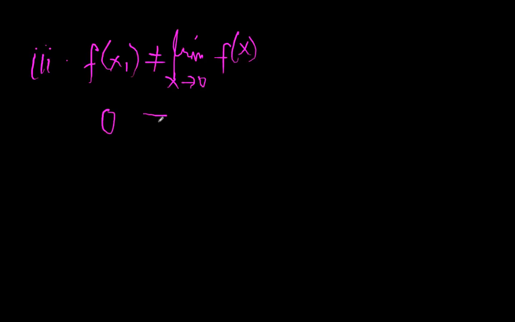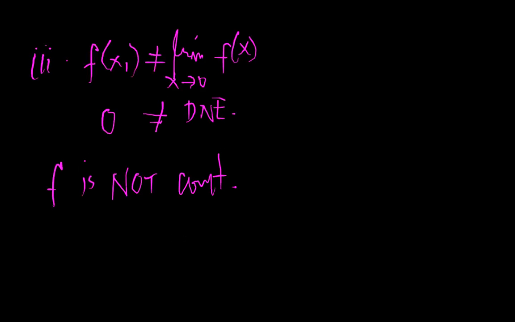Why? Because this is 0 and this does not exist. They're not equal. So therefore, we could say that f is not continuous, right? Okay. And what can we imply if we know that a certain function is not continuous? Based on the theorem, we could use the contrapositive of the given theorem, and it states that